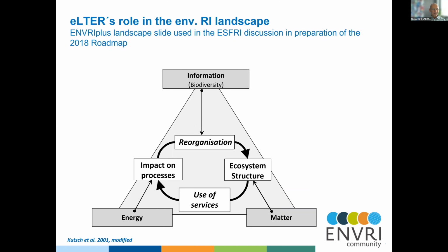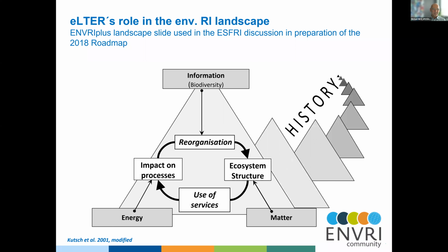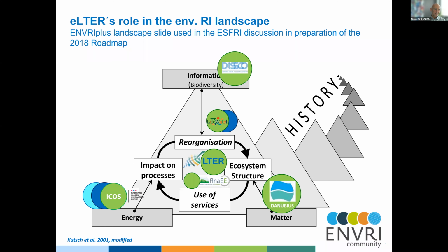we can explain the eternally turning circle between ecosystem structures, change, in this case, the human usage of ecosystem services, the impact of that usage on processes, and of course the structure, the reorganization of the system, and then yet another status of the ecosystem structure. And this wheel has been turning for centuries, millennia, tens of millennia, and considering which infrastructure in Europe focuses on which aspect in this actually information challenge, we see eLTER sitting in the very core area as an observational ecosystem